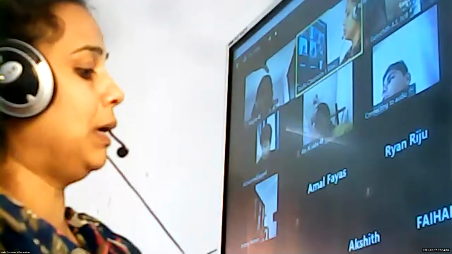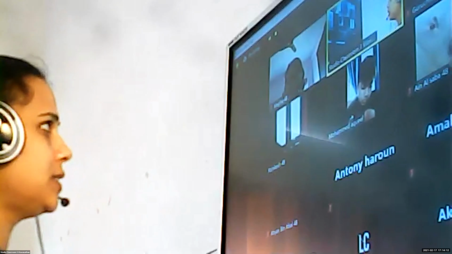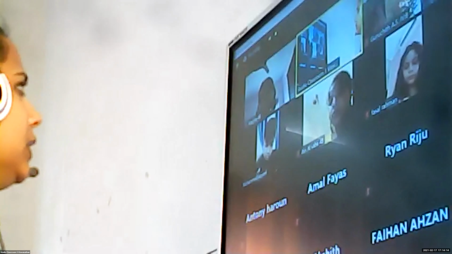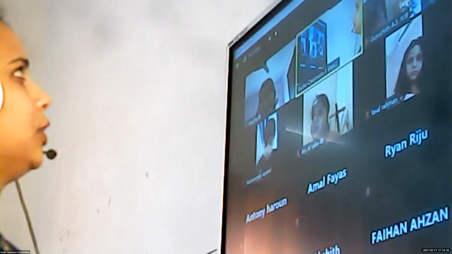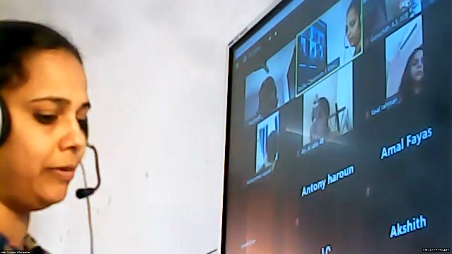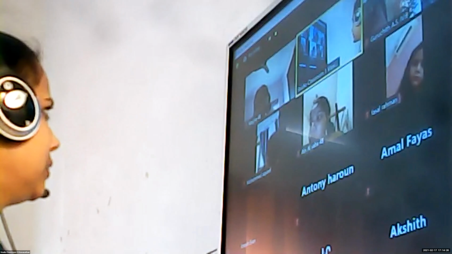So, children, we are learning now which chapter? Measurements. And today we are going to do multiplication. We already studied multiplication with 2 digits this year. So we will do the same method of multiplication, the only thing is how to write the numbers. Accordingly, we will arrange the numbers. Then we will start together.